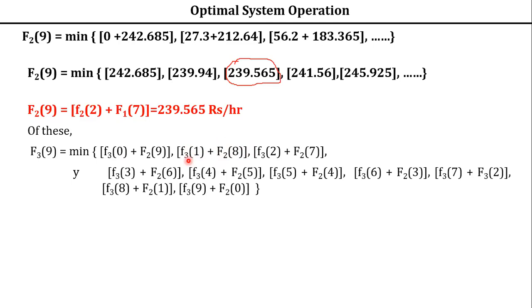Now for this one, F3, F2, how are we going to use it? So for this F3 of 1, what are the ai and bi coefficients you are going to take? You have to take the third unit. The ai, bi, di coefficients you have to take from the third unit, which is specified in the table. Understood? And what are the ai, bi coefficients for this term you are going to take for the second unit?